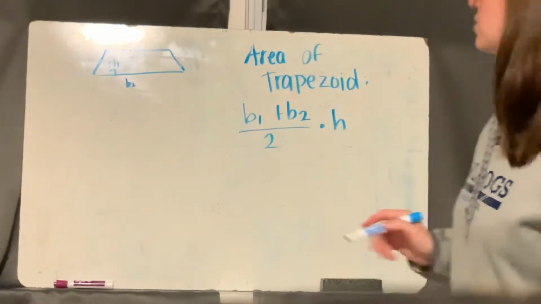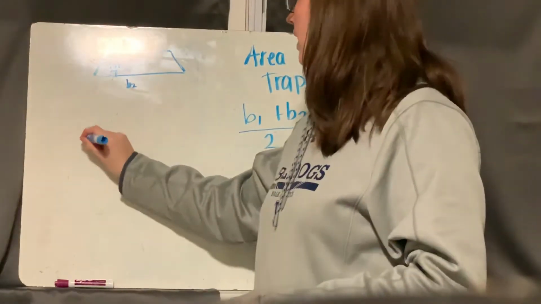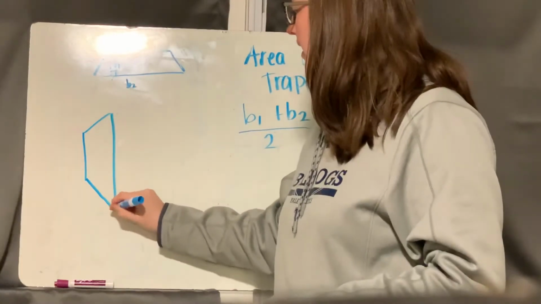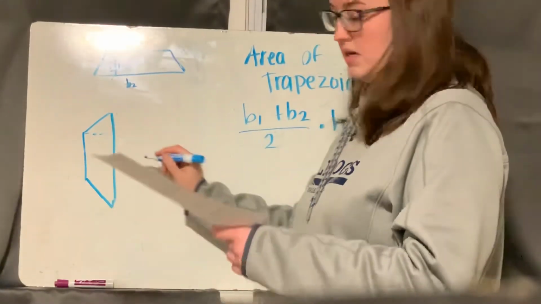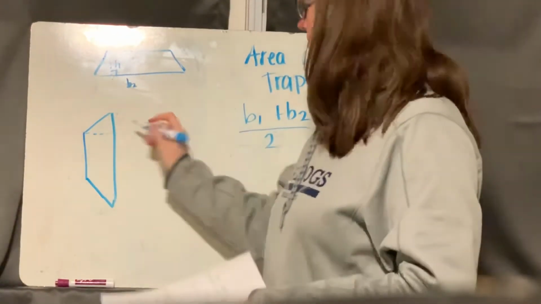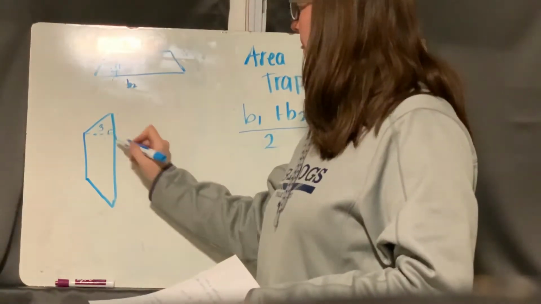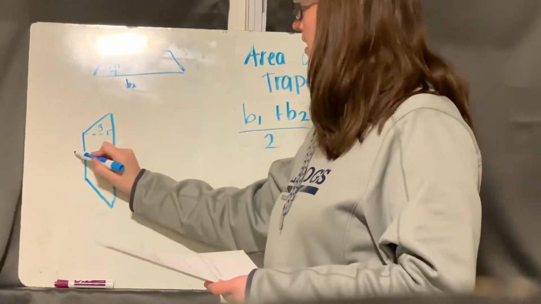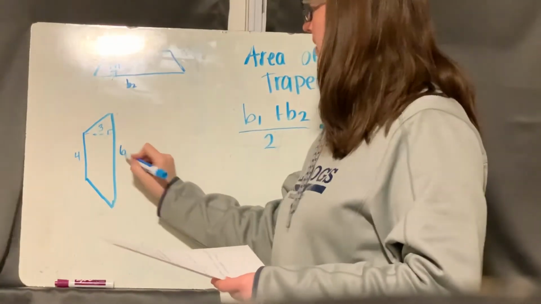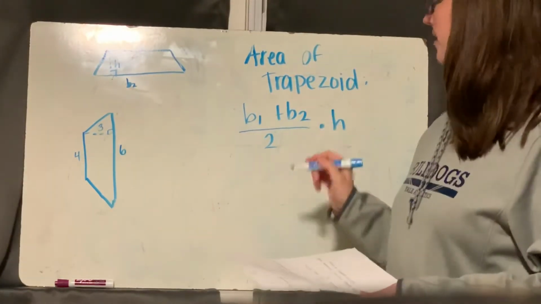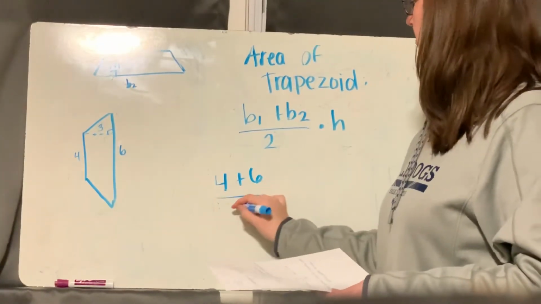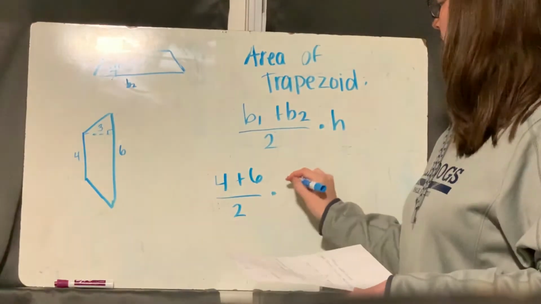Okay? So for example, if I'm given something, remember I said they could be sideways. If I'm given something like this, that's marked with a right angle, it's perpendicular. My height is 3, my first base is 4, and my second base is 6. So if I fill in my equation, it's going to be 4 plus 6 divided by 2 times 3, which